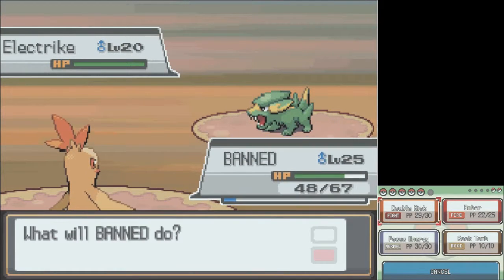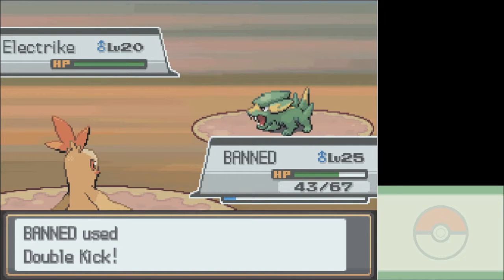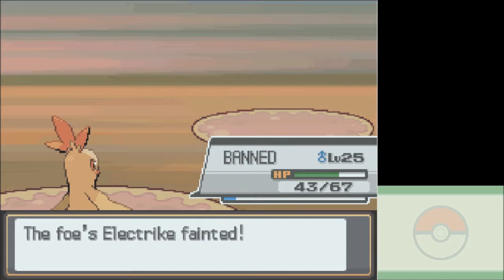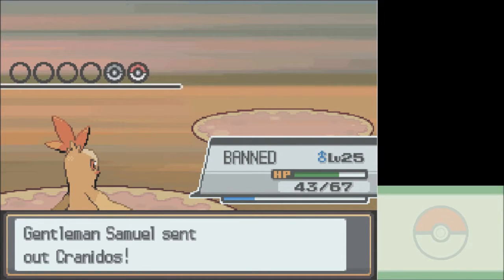Now, I would go for the double kick because it's my strongest attack, but then I risk getting staticked. Although I think he gave Electrike another possible ability. So it's only a 50% chance it has static, but because double kick is a multi-hit move, if he does have it, it's a pretty good chance that I get staticked. Okay, well I took the risk this time. And I think there's a chance that he could have lived in Ember, so...